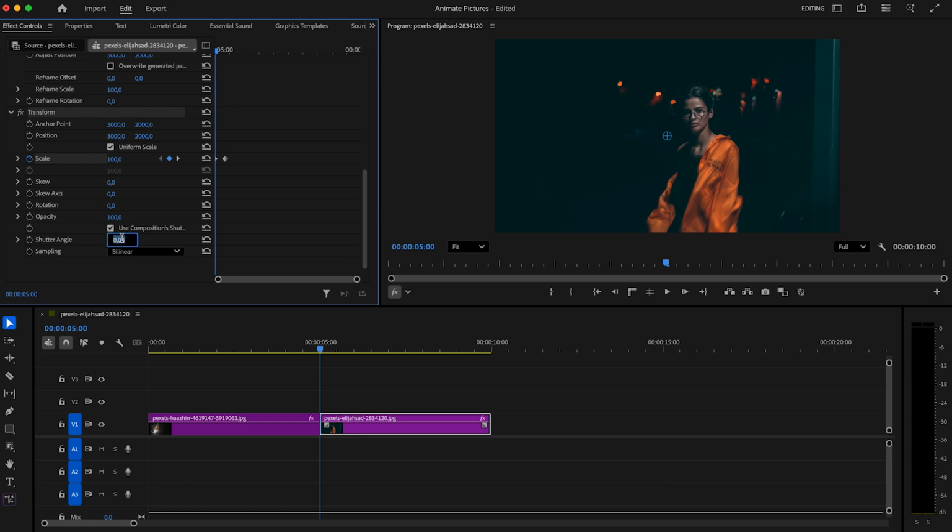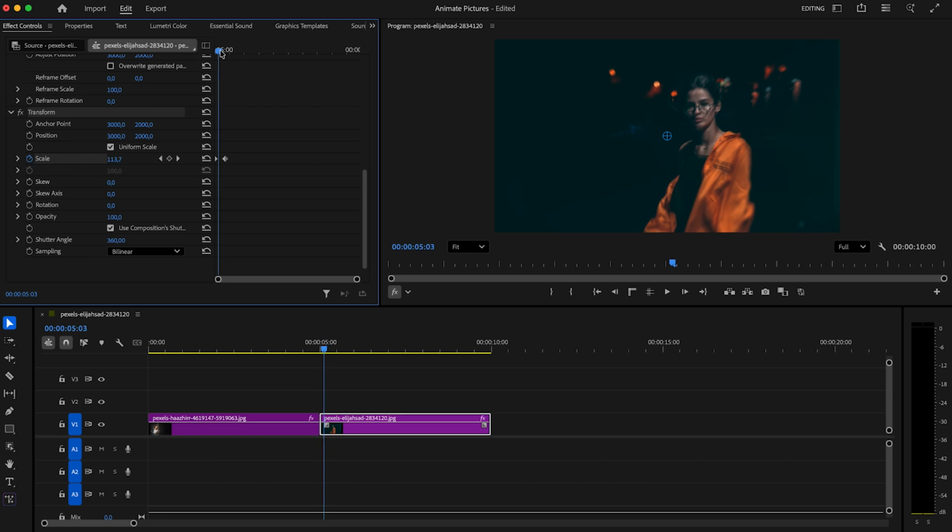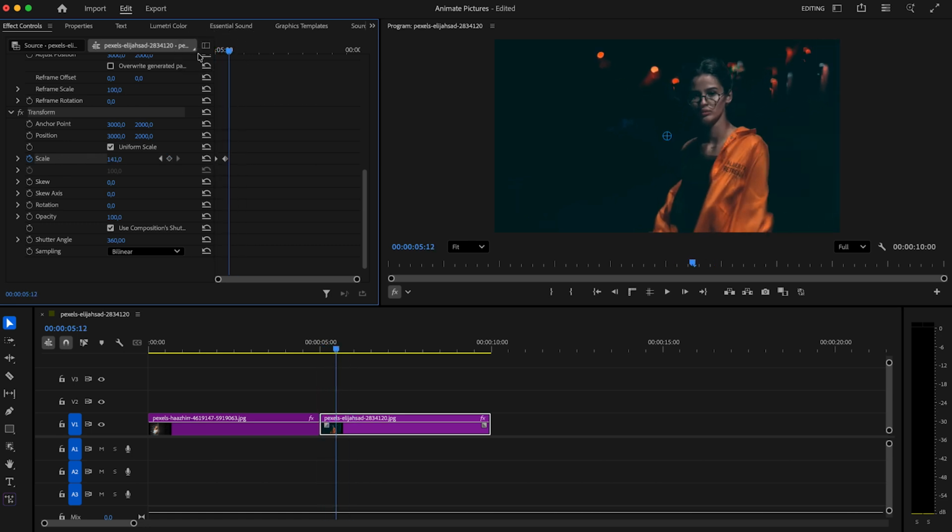You can also add motion blur by adjusting the shutter angle. Just set it to 360. You can now see the motion blur, which really enhances the fast zoom. You can then add another keyframe a few frames later and scale it back to create a zoom in and